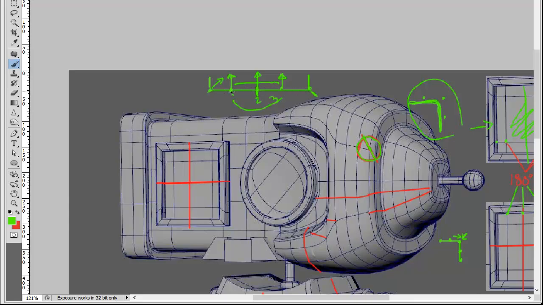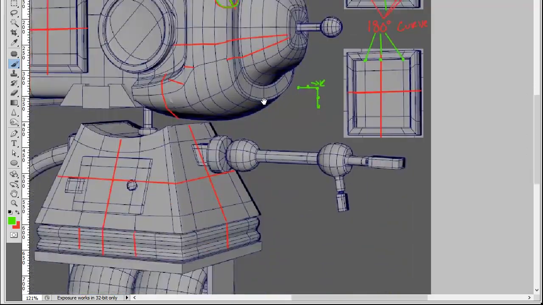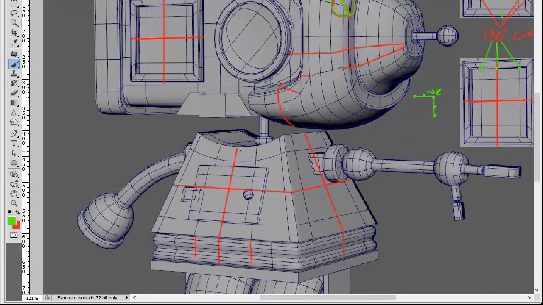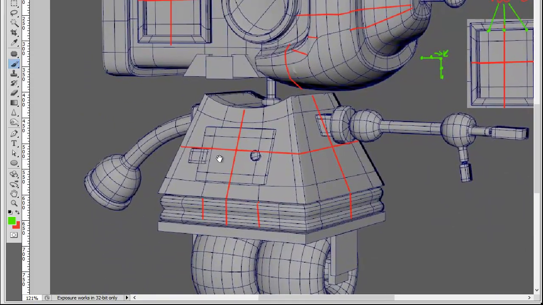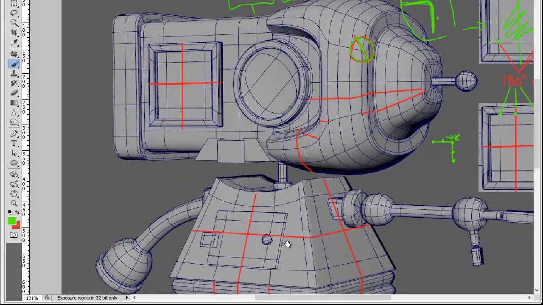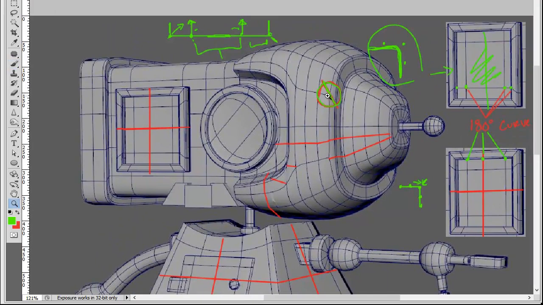So if I went ahead and erased this and I didn't have this in here, and I had this huge section in the middle, there can be some UV stretching that can happen based on the fact that this section is so big right here versus this little section here. So if you can balance it out. If it's way too high poly and you know it's going to be crazy and you just need to get it done, then obviously what you have there is just fine. But I just wanted to explain that, for showmanship, having things even matters,